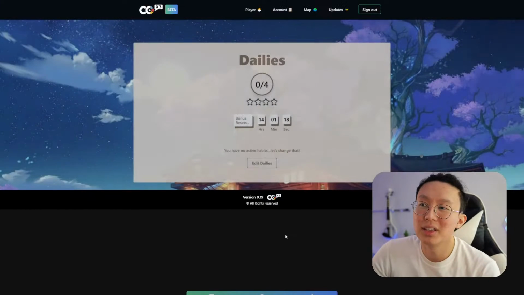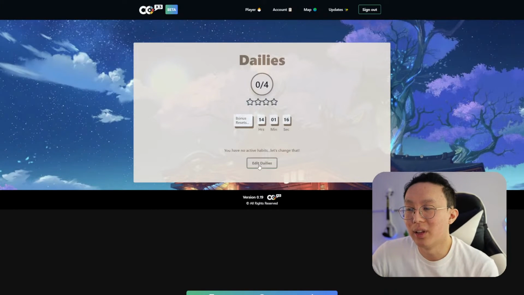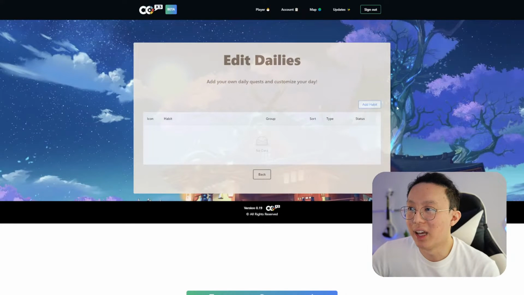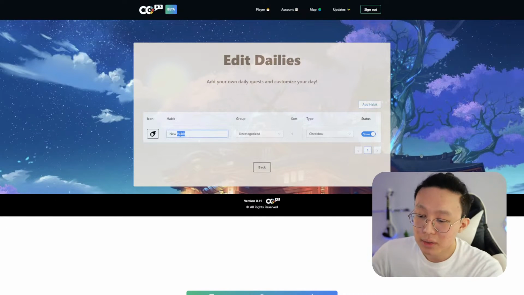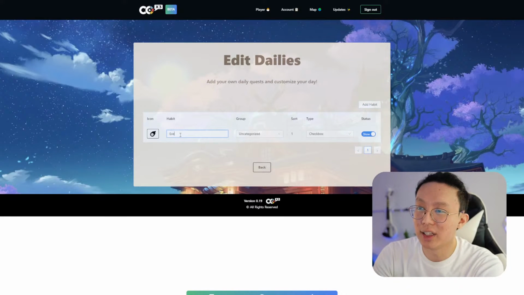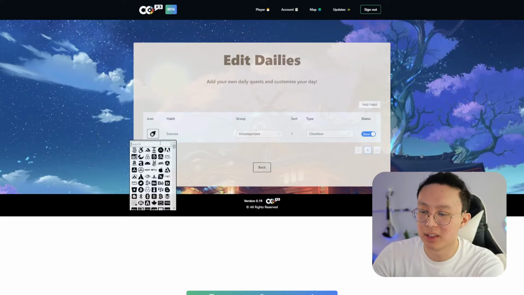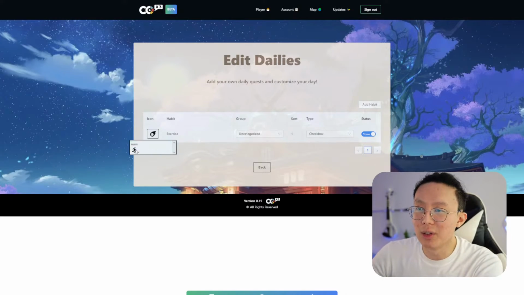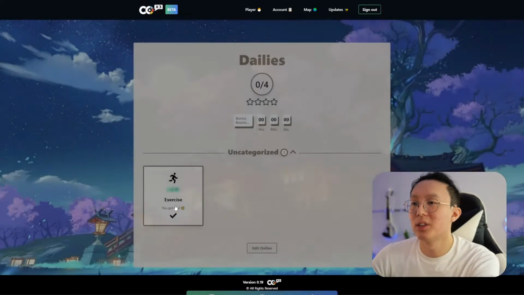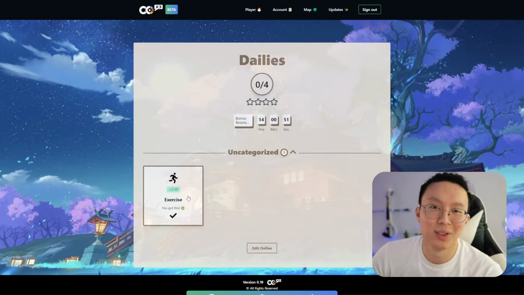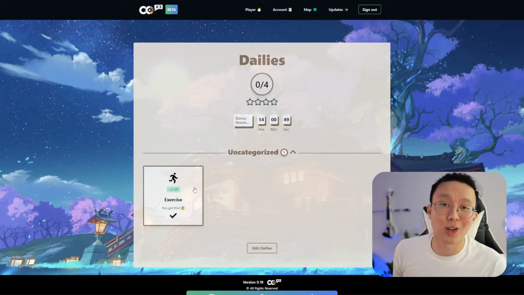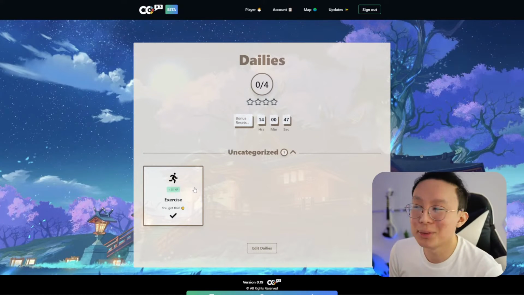we also have our own dailies component in the app. So you can just add in your own active habits. Let me actually show you an example. So I can just add in my own habits, for example, exercise, okay? And then I can make this into a checkbox. Let's just keep it simple. Let's do exercise or running, maybe running. So what we can do here is we can go back now. We can show we have an exercise routine just like that. You can hand it in. And again, it all works very well on mobile as well.